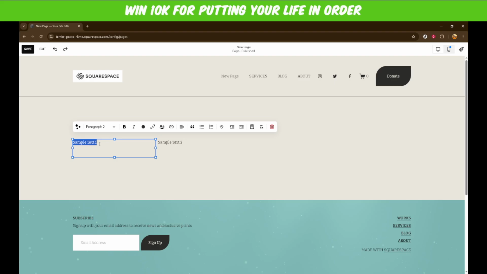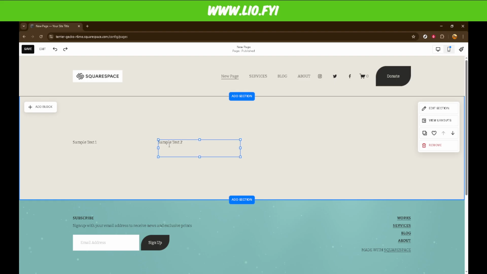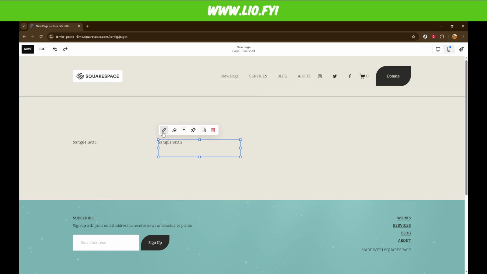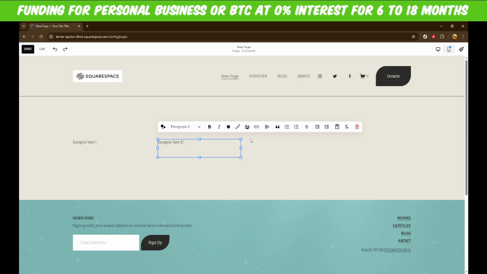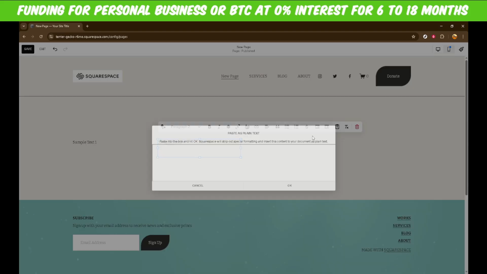Next, find the spot where you want this text to go. Click on the area in your site where you'd like to paste the text. The cursor should be active in the text box before you proceed to the next step. Then, use the right-click menu again and choose the Paste as Plain Text option. This ensures that the text formatting remains consistent with your site's theme rather than adopting any existing formatting from the